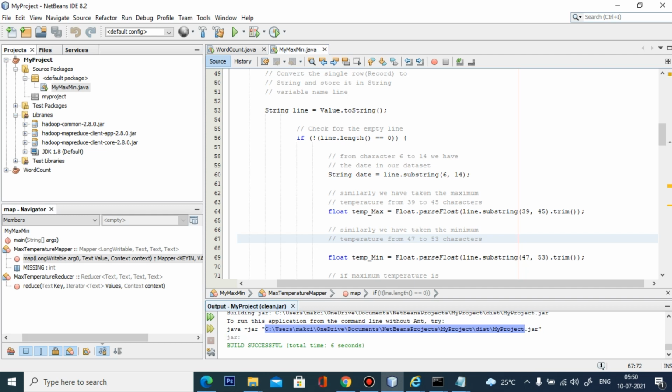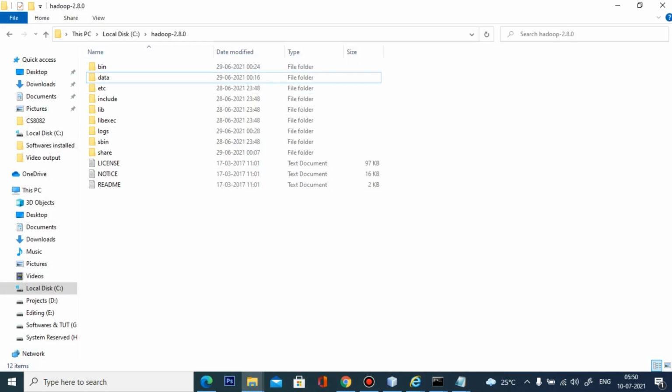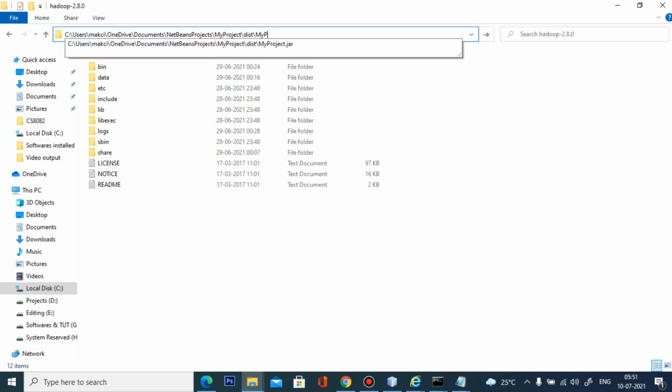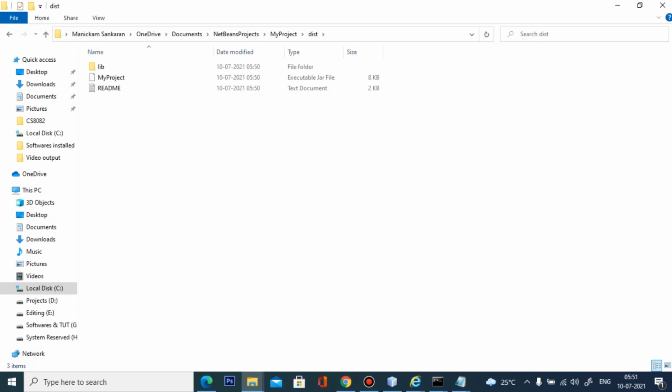So copy this location and paste here. So here your my project executable jar file is created 30 seconds ago.